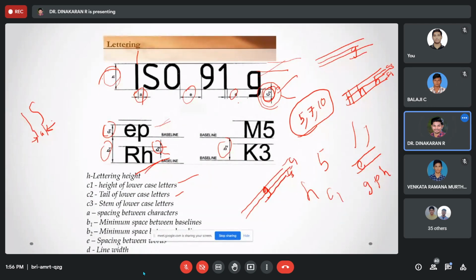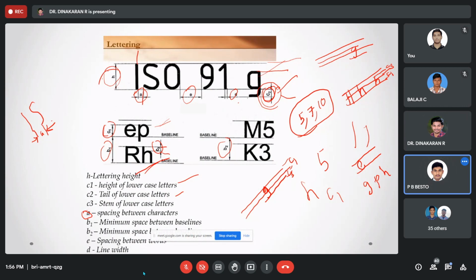Yes, sir. For what purpose do we use A? Sir, there is no need of tail and stem, sir. Okay. So in this, I wrote A. For what purpose? I am asking about the space.